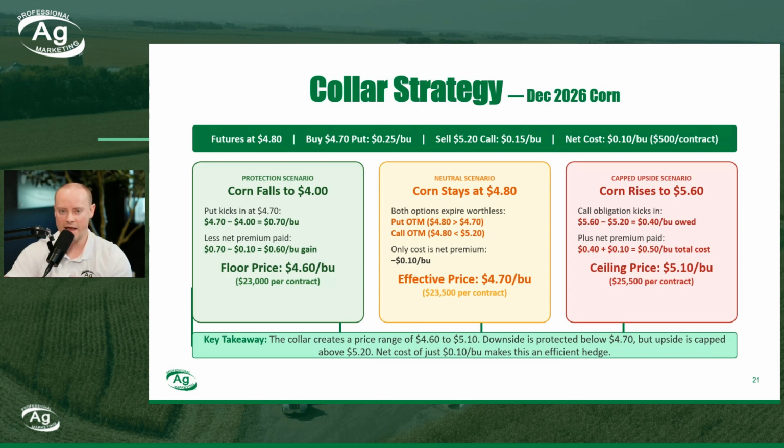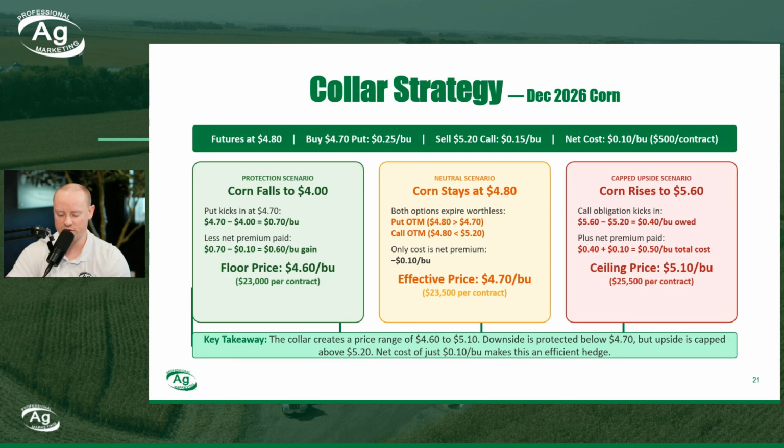So I'm going to want to sell a call against it to help maybe limit my top side, but help pay for my put a little bit. So I'm going to sell a call for 15 cents at 520. That net cost is going to be 10 cents a bushel, or 500 contracts net at the end of the day. Now, this is a very realistic strategy, very realistic net price that you'd be collecting in this environment. So if you're at 480, this will be a strategy you could likely do if that scenario is occurring.